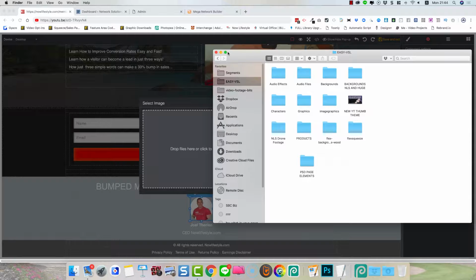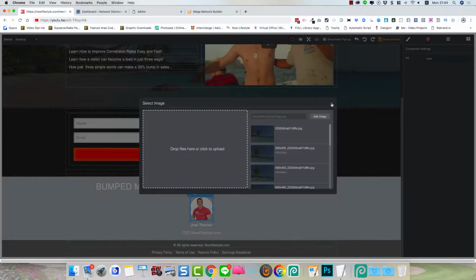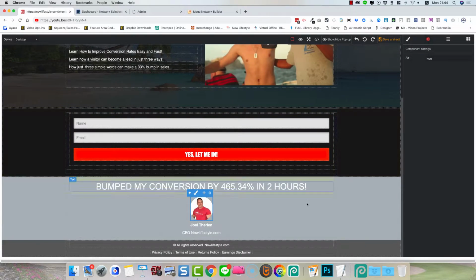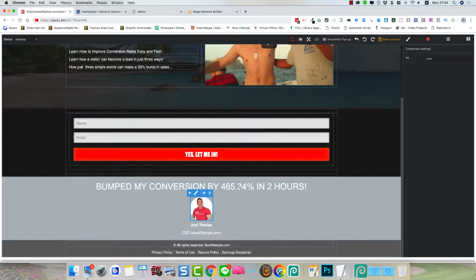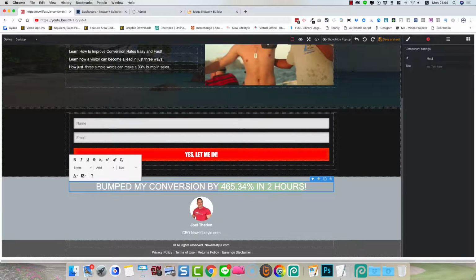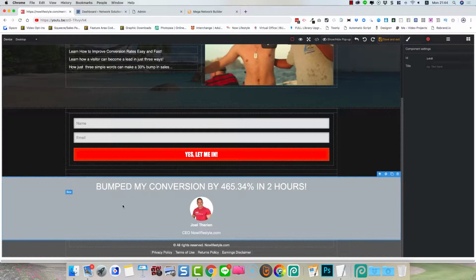But anyway, you get the idea. You can put in your own images. I don't have an image available at the moment, but I just want you guys to see what you can do. You can take stuff out, you can add stuff, you can put in banners. You can put your mouse in and start typing. It's totally up to you. Alternatively, if you really want to, you can